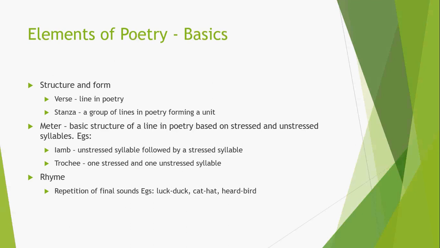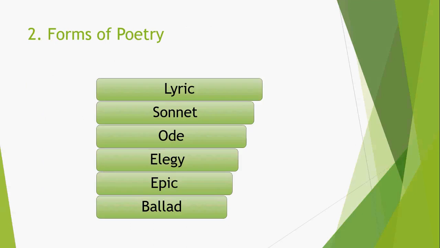We looked at 2 examples, iambic meter and trochaic meter. A little later we studied other examples of meters also. Then we also studied rhyme, which is the repetition of sounds in the final syllable. We took up a study of the forms of poetry. The forms that are prescribed for your study are lyric, sonnet, ode, elegy, epic and ballad. It is important that we know each of these very well so that you will be able to answer comprehensively